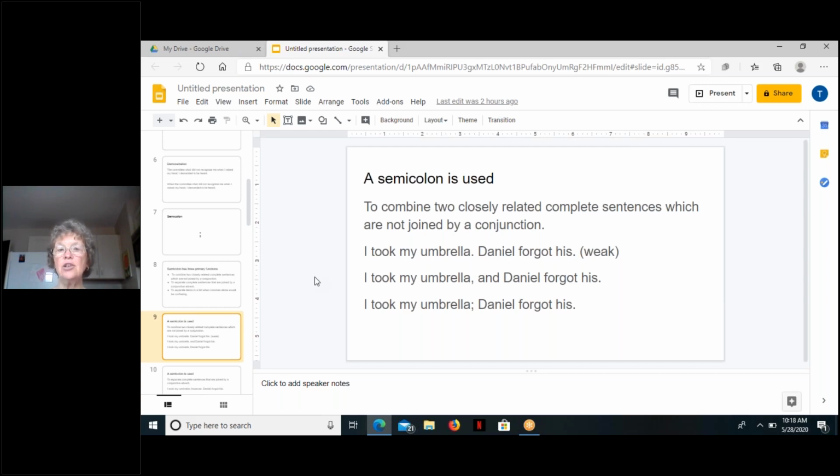The next sentence: I took my umbrella, comma, and Daniel forgot his. We've put that connector word in there, that conjunction, and in this construction, the umbrella is followed by a comma because the connecting word is a conjunction. In the next example, we have used that same format of two independent clauses joined within one sentence and connected with a semicolon. I took my umbrella, semicolon. Daniel forgot his. Now, whether you use a comma or a semicolon depends again on whether you're connecting the two clauses with a conjunction or an